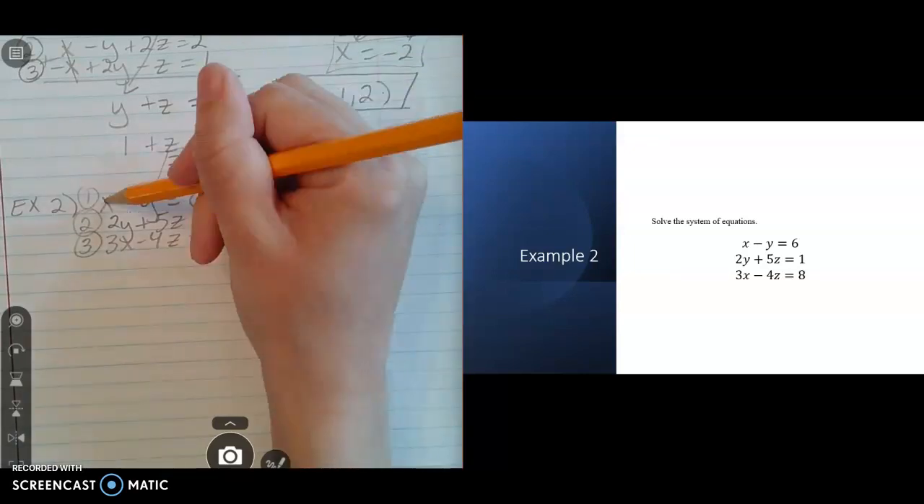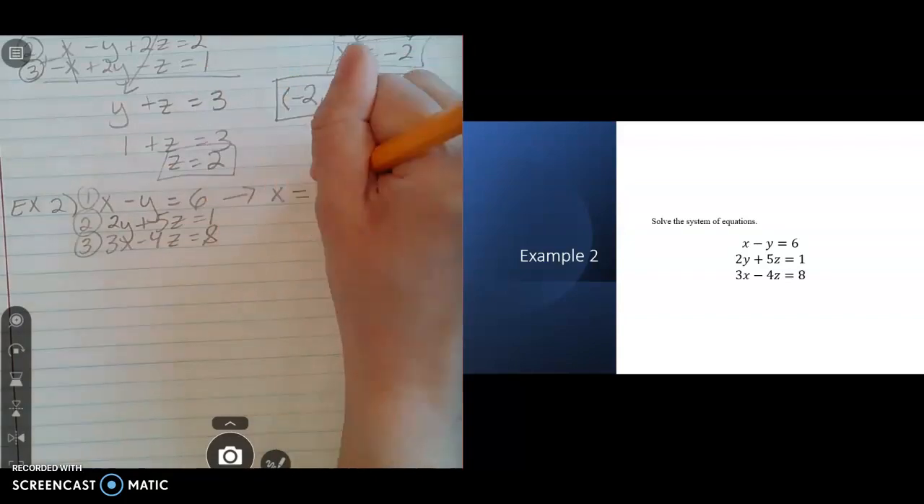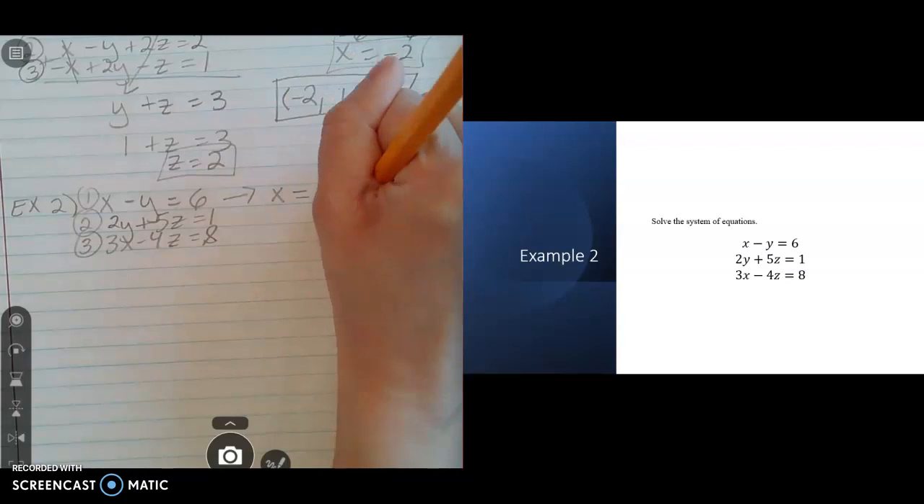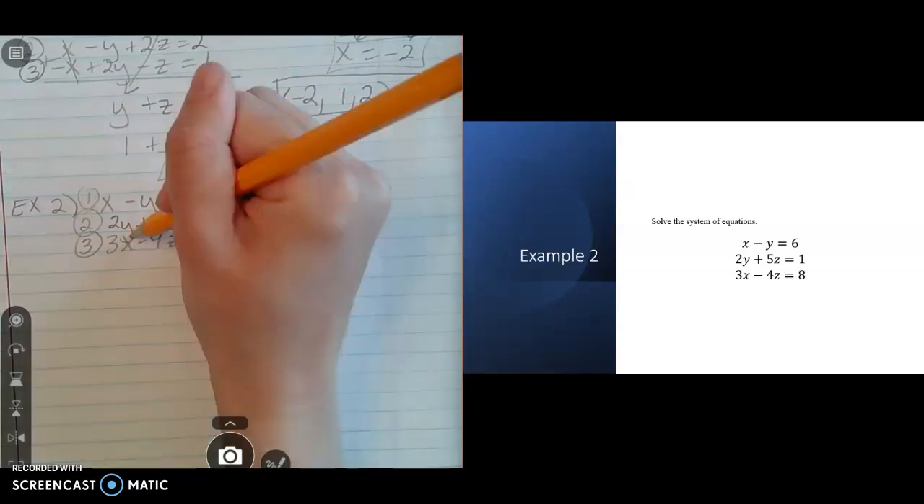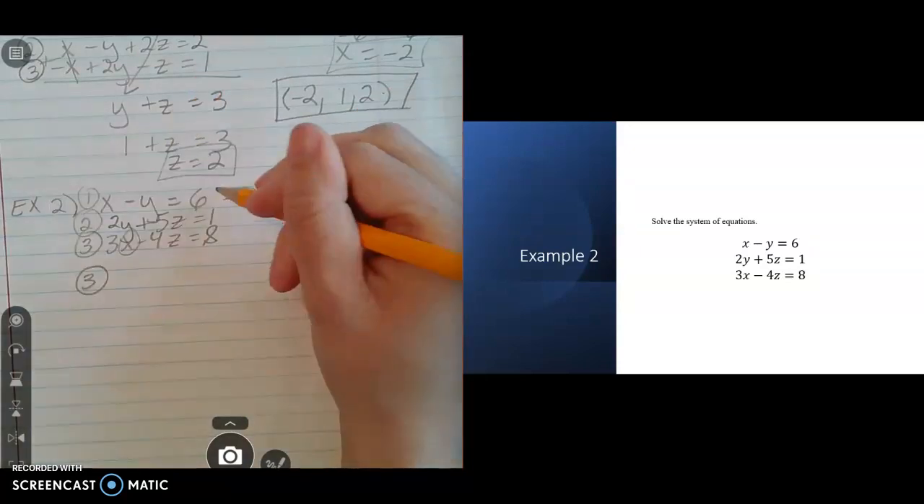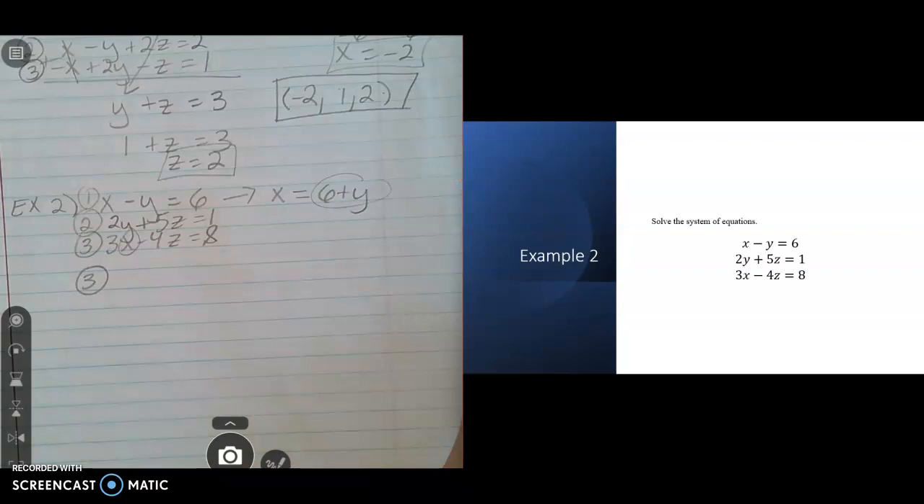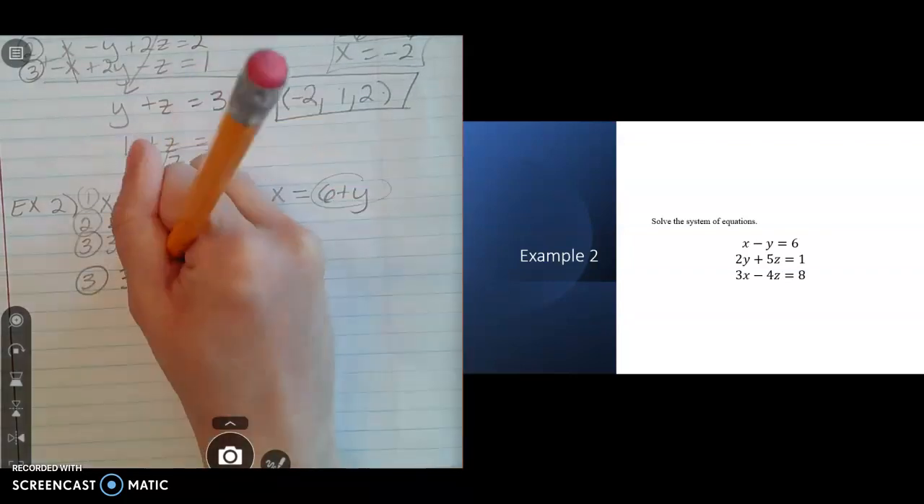So that first equation, I can add y to both sides to solve for x. So I'll have x equals 6 plus y. And then I can substitute that into equation 3. So this is equation 3 combined with that substitution from equation 1. So I'll have 3 times x, which is 3 times 6 plus y,